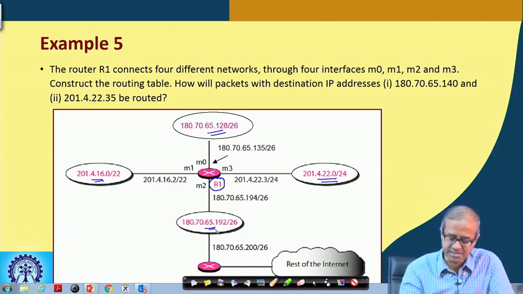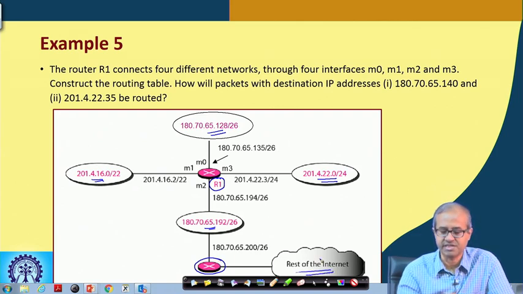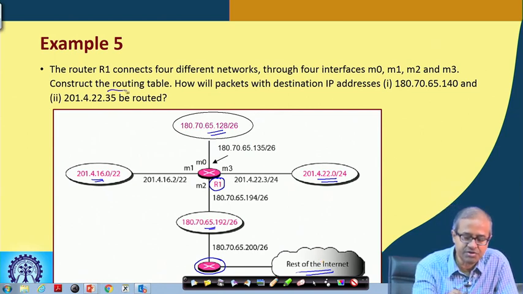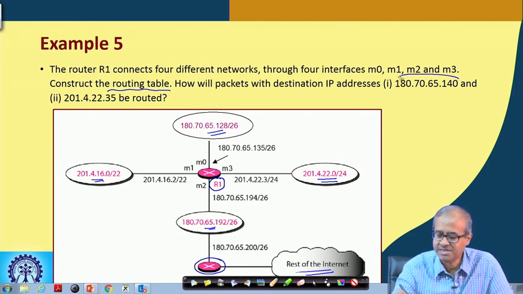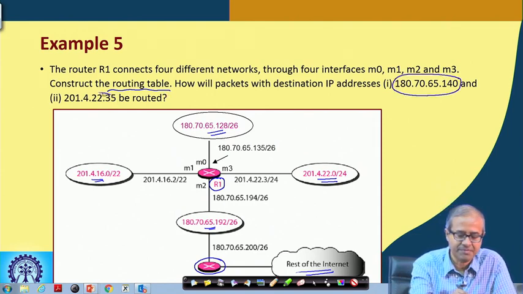Through this there is an external router which is connected to the external world, the rest of the network. Here there are 2 questions. One is that we are asking you to construct the routing table,